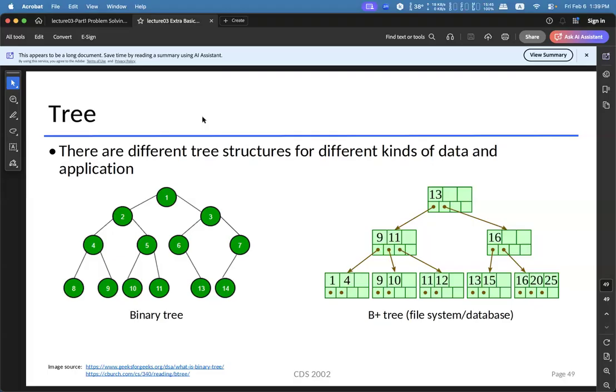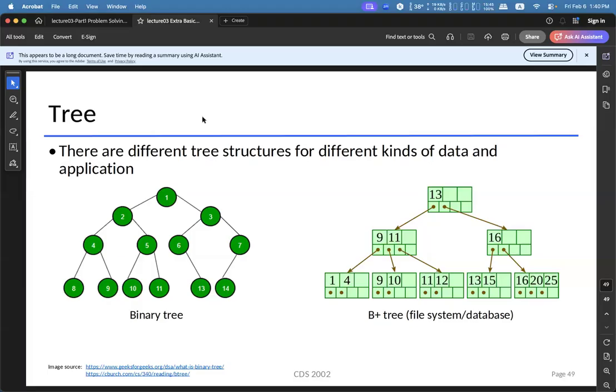So the binary tree, where one node can only have 2 children and one node can only store one value, is the design of the binary tree, but other trees can have other designs. This is the takeaway message you must have. You may be used to a binary tree that looks like this. Each node has one data, and each node only has 2 child nodes. But in fact, other types of tree like the B plus tree can have different designs.